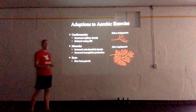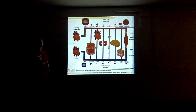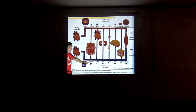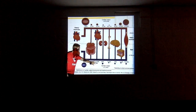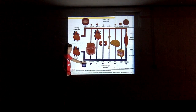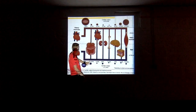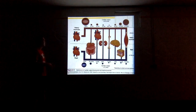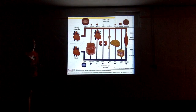So what happened? Oh, I'm sorry. You've seen this twice. So our body's needs get redistributed, and the size of these little dots shows about the liter amount, so the percentage of this amount is about this big. And so you see 20 to 25% during rest goes to our internal organs. But during exercise, almost the same amount of blood goes to those organs, but it's only 3 to 5% of